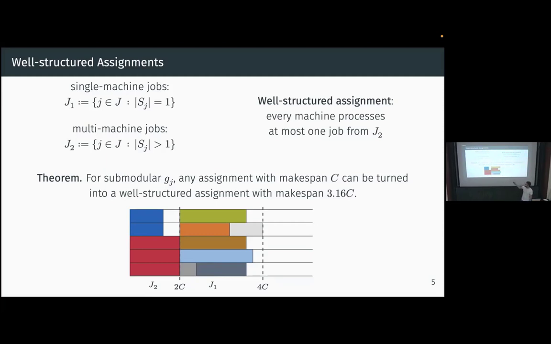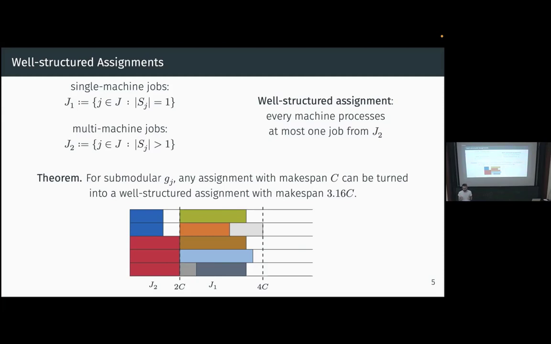So I will not prove it, but what I want to mention is that within the proof, one part of it shows actually the structural results, so that you can find a well-structured assignment where each machine gets a multi-assigned, multi-machine job that can be processed within 2 times this makespan C, and then the single machine jobs can also be processed within C. So each of these 2 groups of jobs can be processed within C, and this already gives a nice idea